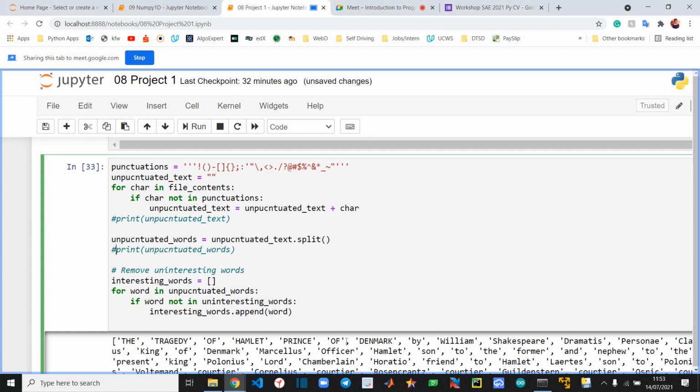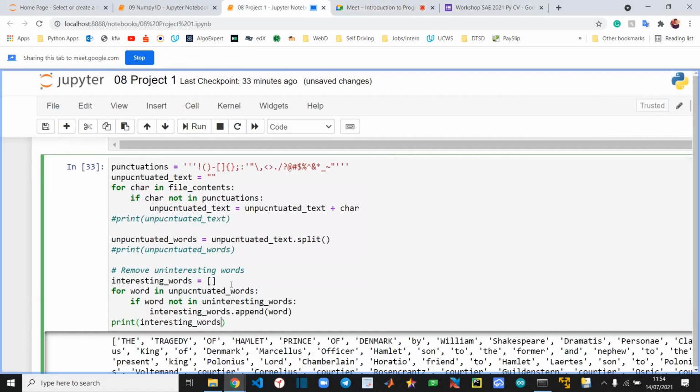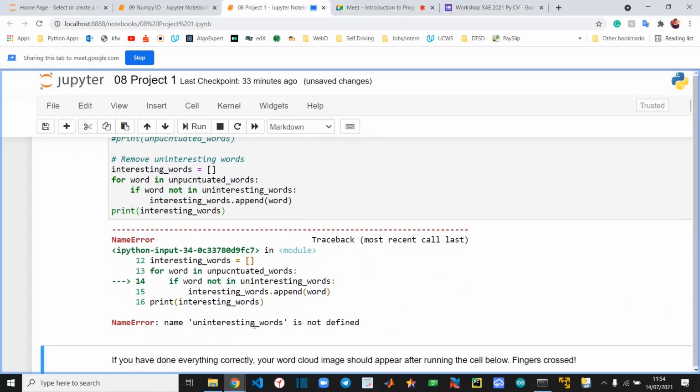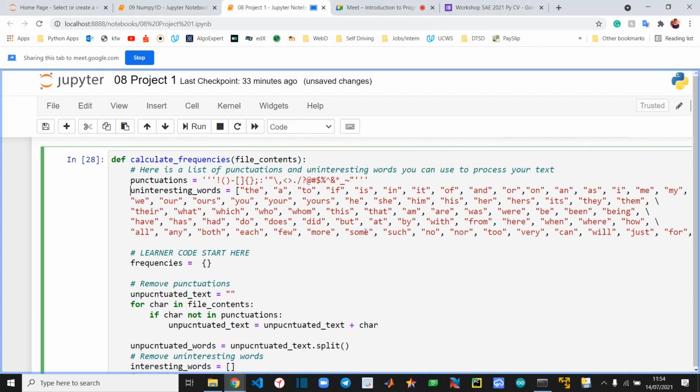Now let's print interesting words, because we have filtered out uninteresting words. I'll run it again. Some kind of problem. Again, I have to copy this.